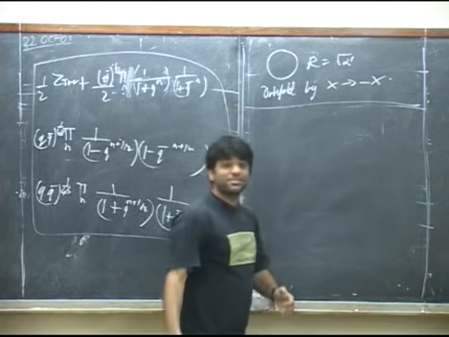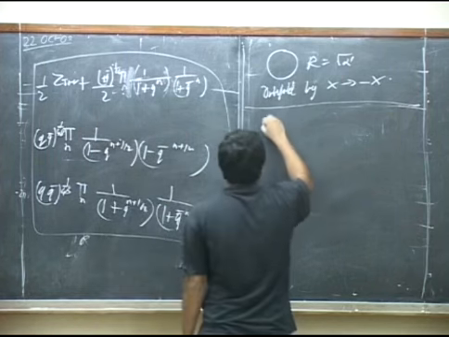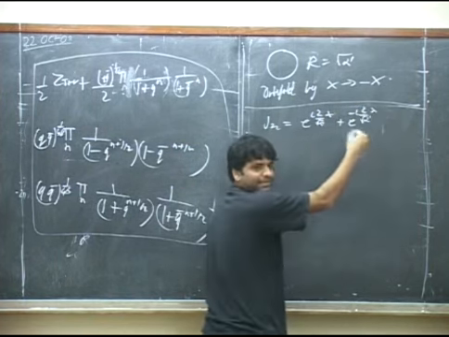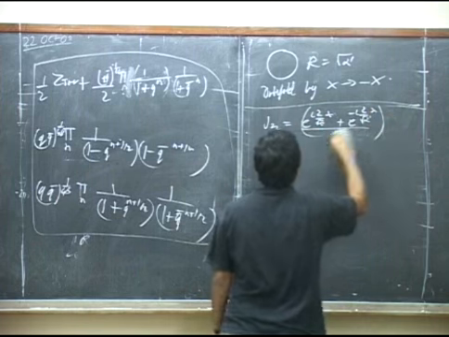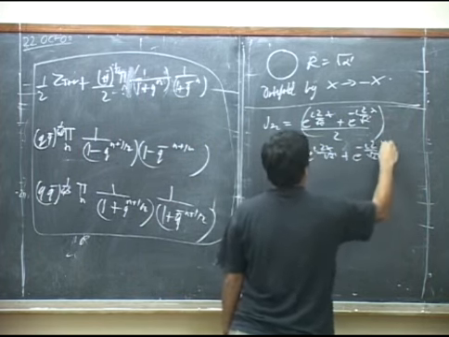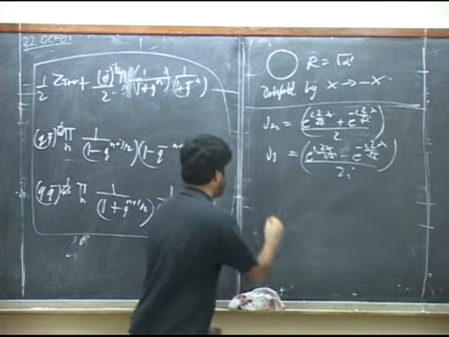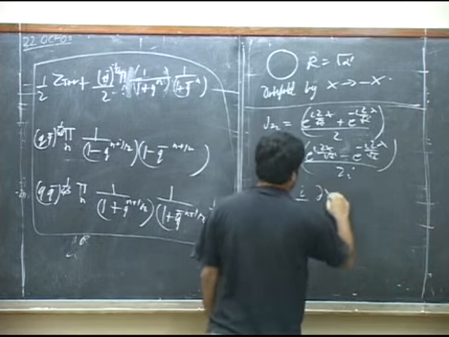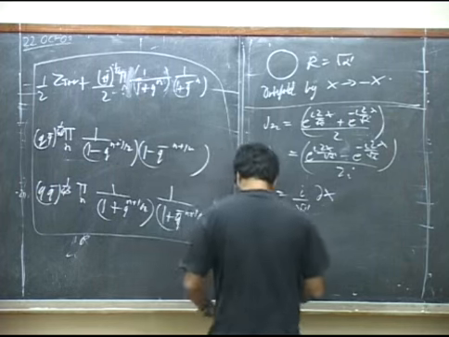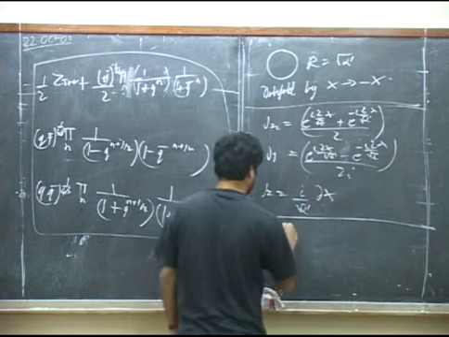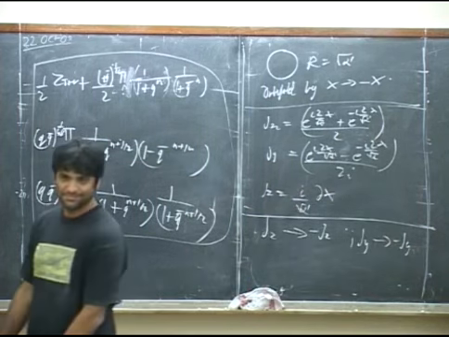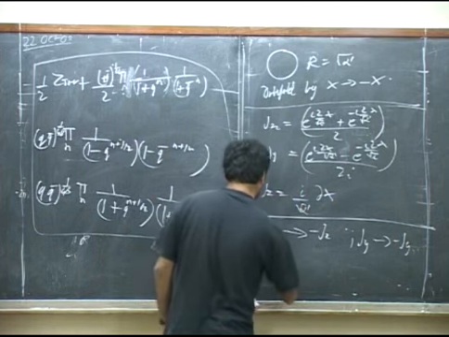Let's look at what happens to the currents of the SU(2) times SU(2) as x goes to minus x. See, Jx was equal to e to the power i2 by square root alpha prime x plus e to the power minus i2 by square root alpha prime x, over 2. Jy was equal to e to the power i2x by square root alpha prime minus e to the power minus i2 by square root alpha prime x, over 2i. And Jz was equal to i by square root alpha prime times the derivative of x. Now let's take x to minus x. See what happens. What happens is that Jz goes to minus Jz. And Jy goes to minus Jy. Okay? But Jx remains